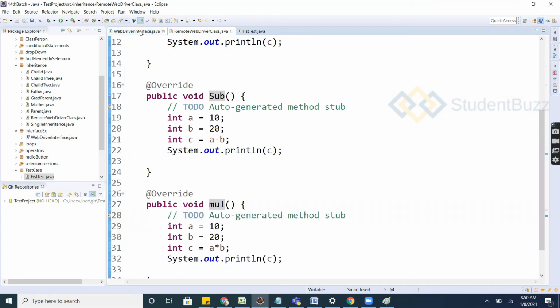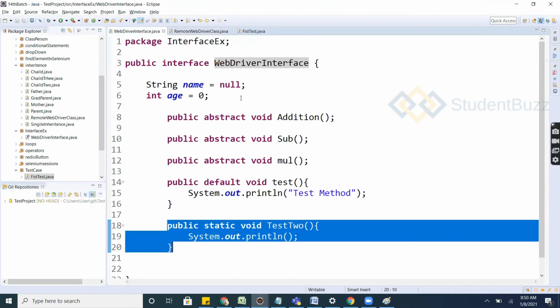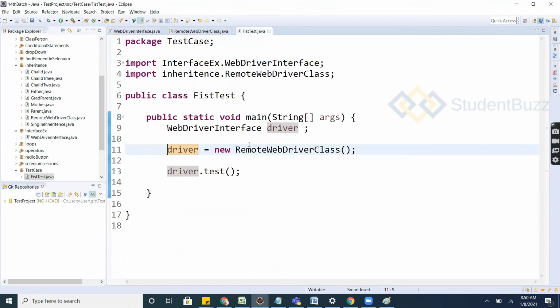After that, we created a WebDriver interface reference variable, and whatever is equal to the RemoteWebDriver class object we are storing into this reference variable of the WebDriver interface, and then with the WebDriver interface reference variable dot the methods which are implemented inside the RemoteWebDriver, which are declared inside the WebDriver interface as well, we are able to access them. Both we are working on it.